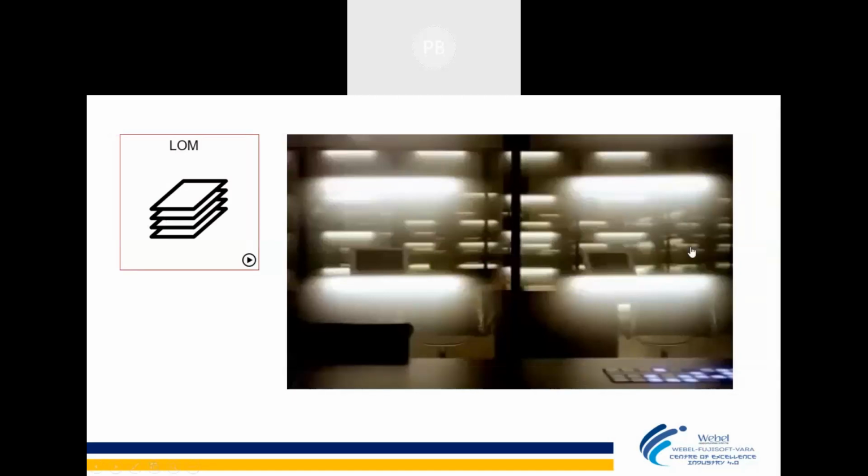So another technology is LOM technology, which is again a lamination based technology where we use lamination sheets. Lamination sheets will come into play at the base of the machine. A small, very sharp cutter is involved. It will cut a single lamination sheet, and then another layer of lamination sheet will come and again be cut into the desired shape. Layer by layer, the addition will be done.